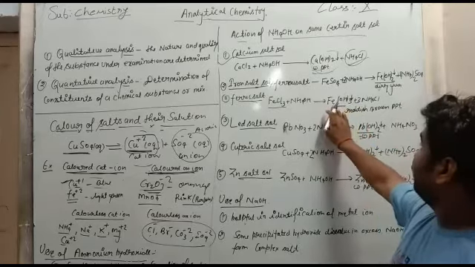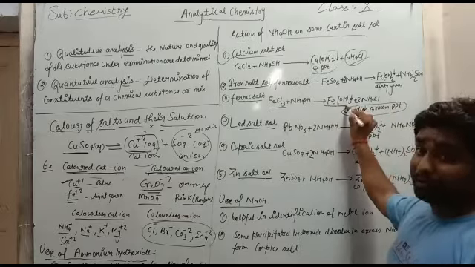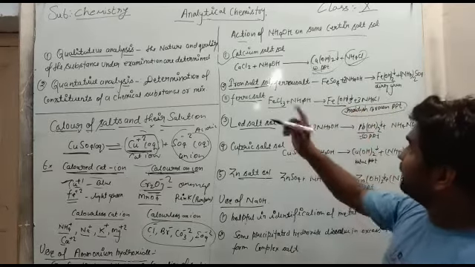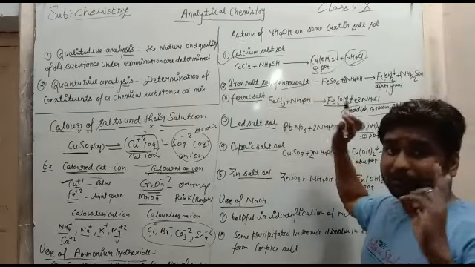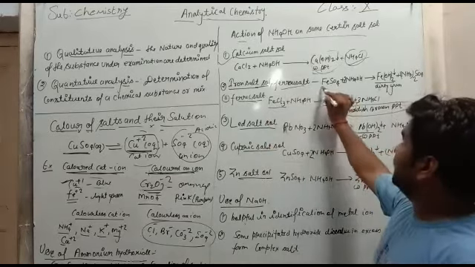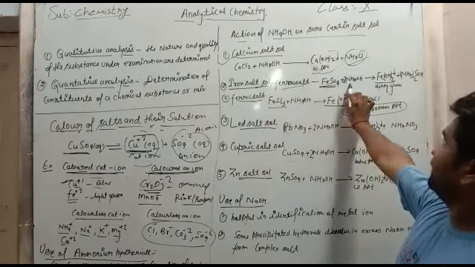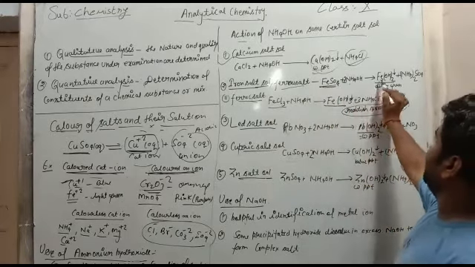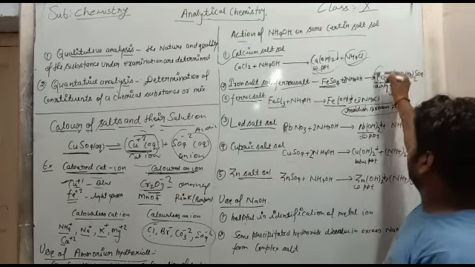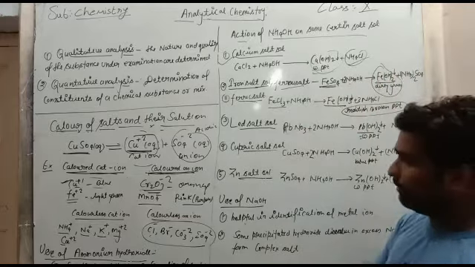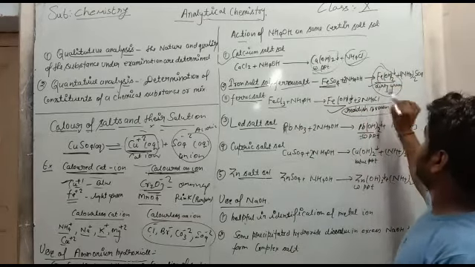The color of ferric hydroxide is reddish brown. Now in the case of ferrous hydroxide, that means those compounds which contain Fe+2 charge, like ferrous sulfate. What is the name of this compound? Ferrous sulfate. When ferrous sulfate reacts with ammonium hydroxide, it gets converted into ferrous hydroxide. Ferric hydroxide color is reddish brown, but ferrous hydroxide color is dirty green, not reddish brown.